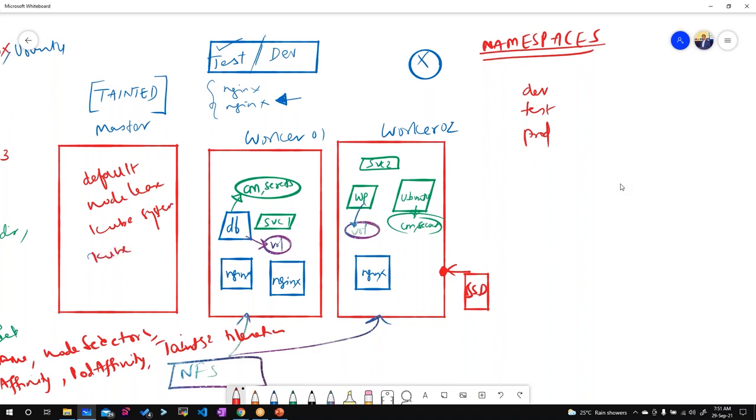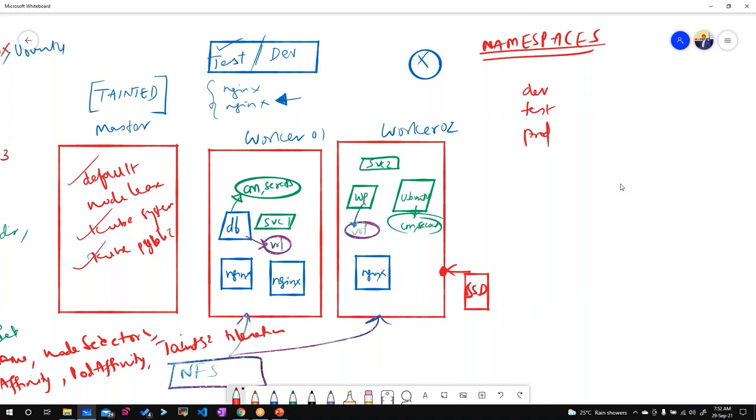So what are these? These are isolated spaces where Kubernetes components run. I can have pods inside the default namespace, pods inside kube system, and inside kube public. In order to talk to pods in another namespace, I have to go to that namespace, or otherwise I have to explicitly mention which resource I am talking to in which namespace.